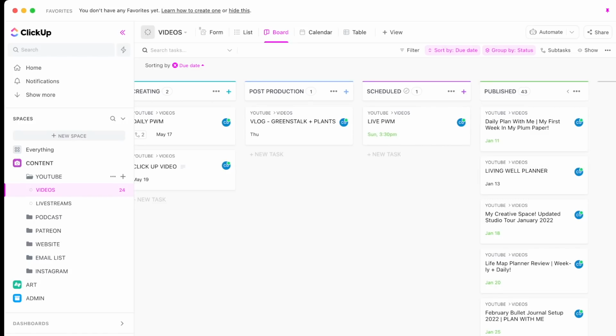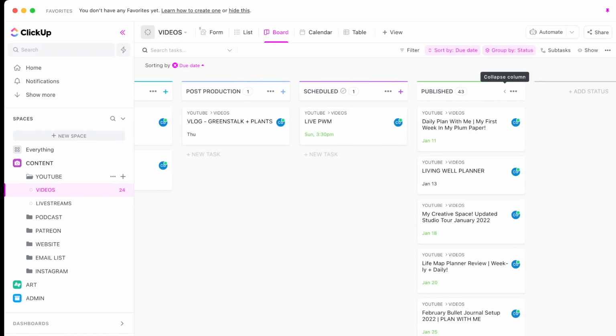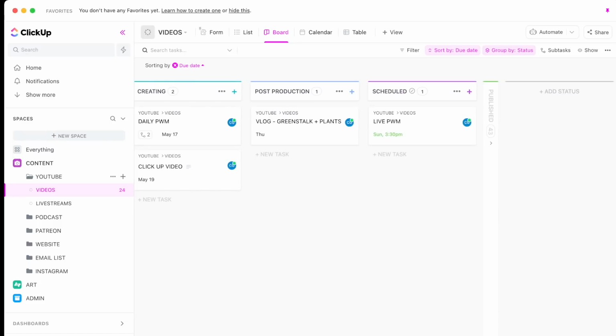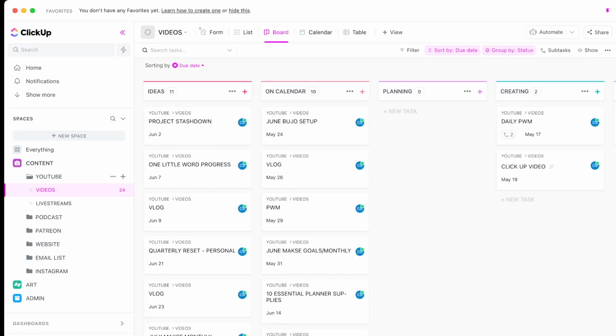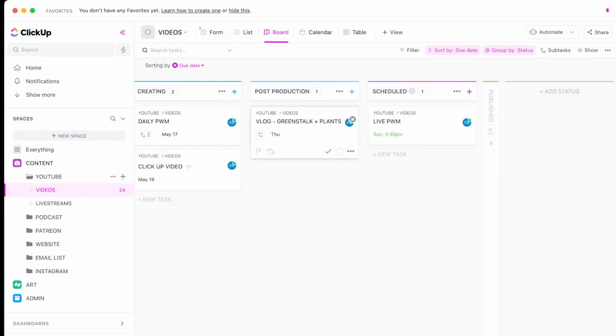I usually hide the published column because I don't need it, right? Unless I need to go look for something. And I keep my idea list in here too. And so that is what it looks like in the Kanban board, and the same thing happens